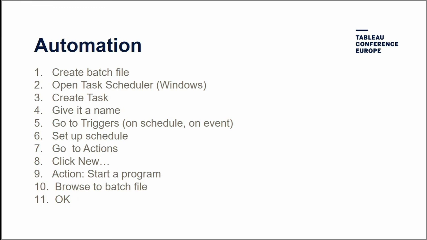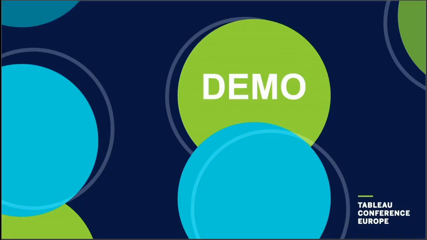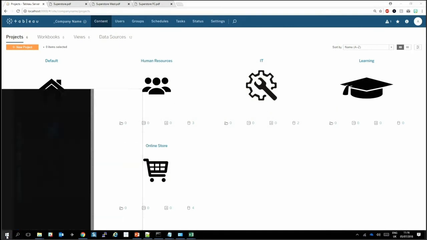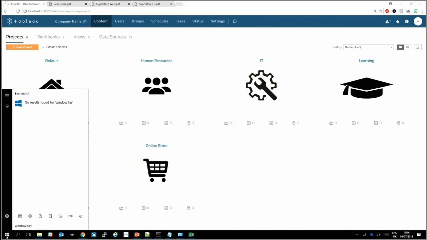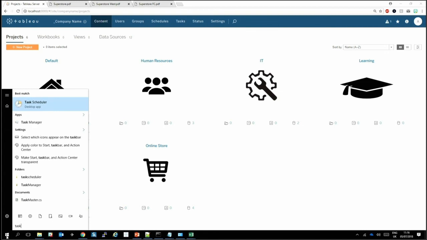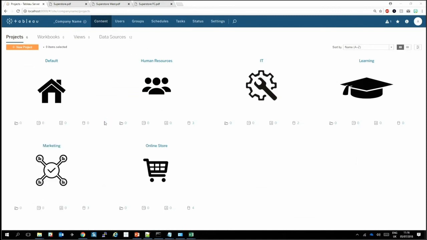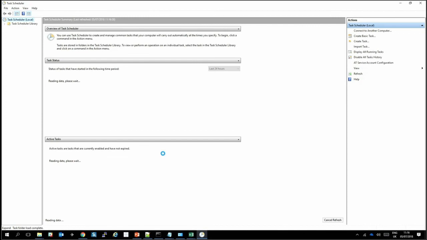Windows machines have this task scheduler already available to you. These are the steps that you will follow to go through it. I'm going to show you now how to do that, but just to know that they are there for you, I'll jump in and show you. So if I come into task scheduler here, that doesn't really show. Didn't know that would work. Okay. So task scheduler is the Windows tool that comes pre-installed that you can schedule tasks essentially to run on